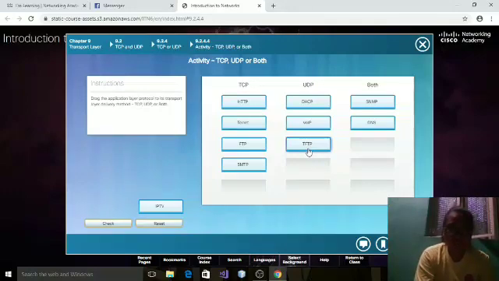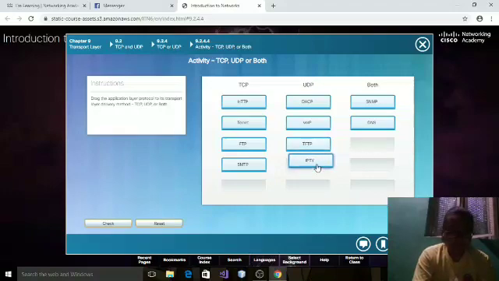TFTP is Trivial File Transfer Protocol. It is a protocol layered on the User Datagram Protocol, or UDP, used over the Internet Protocol, which is IPv4 or IPv6. The last one is